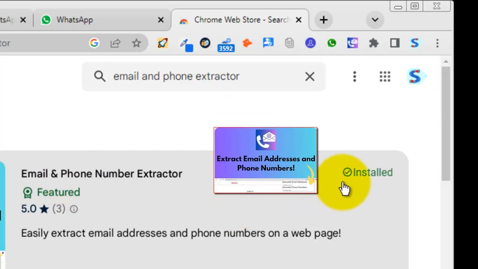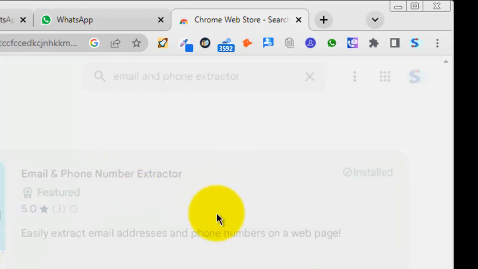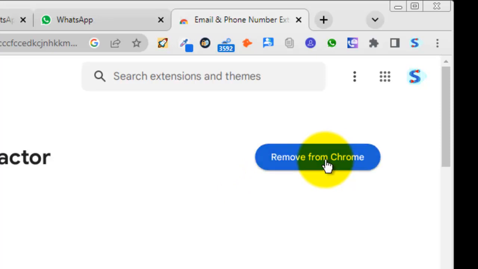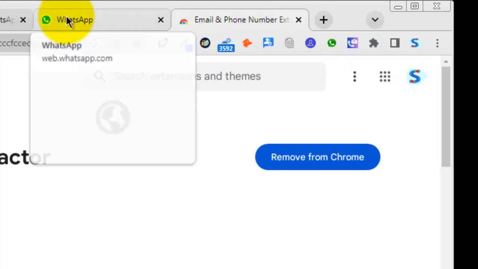You can see I already have this installed, so you will just click on it. Then at the top right, you will see where you have to add to Chrome. But I already added, that's why you are seeing remove from Chrome here. Okay, and this is the extension at the top. Next, you want to go to your WhatsApp,